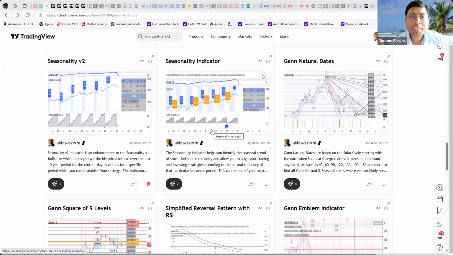But Gann never traded on an intraday time frame. Gann always traded on a weekly, monthly, even daily is probably the lowest he would have used in his time, because at that time, intraday charts did not exist. So all these Gann studies that we do on intraday, I don't know, this is maybe an invention of some other people who followed Gann and extended his knowledge. But if you really want to understand Gann, you have to look at bigger cycles. Gann doesn't really work on an intraday thing. If somebody is telling you that, then maybe it's their invention, or at least that is not the original Gann concepts. Okay,